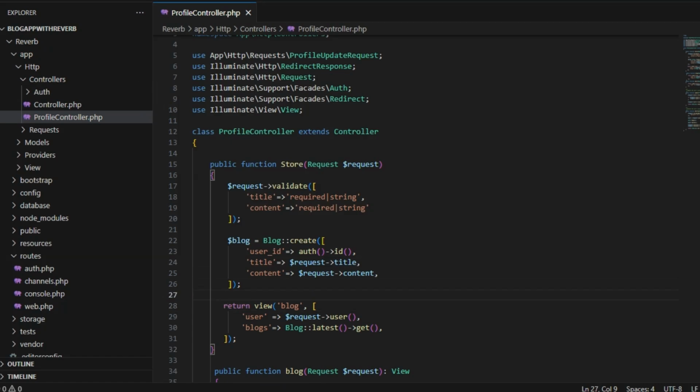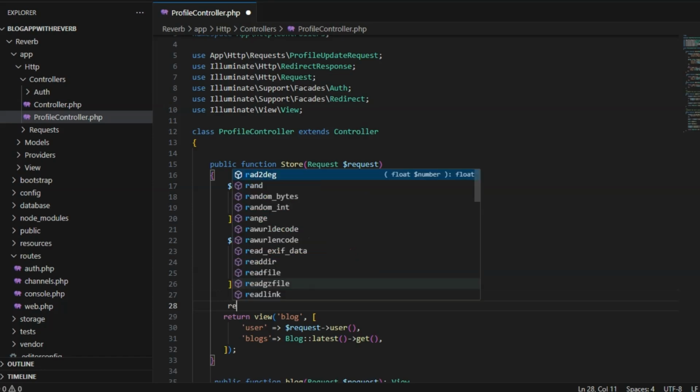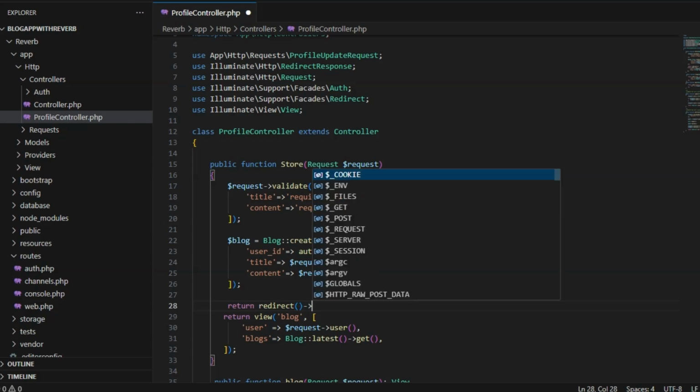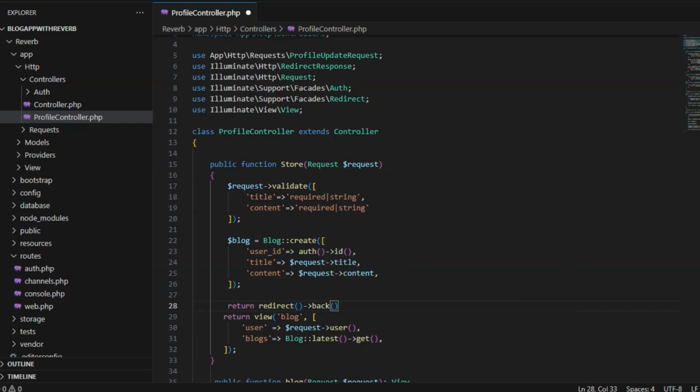After it I'll return redirect back, and return redirect back with some success message, and that is this with success, and in the success message I pass this, blog created successfully.